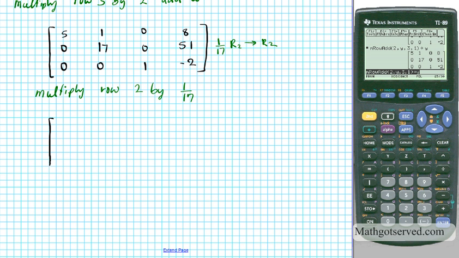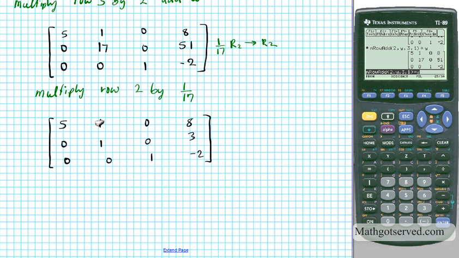Well, if I do that, this is a cake. I'm going to have 5, 1, 0, 8. And this becomes 0, and 17 multiplied by 1 over 17 becomes 1. 0, 1 divided by 17 is 3. 0, 0, 1, negative 2. Wow, this is looking beautiful now. Alright,